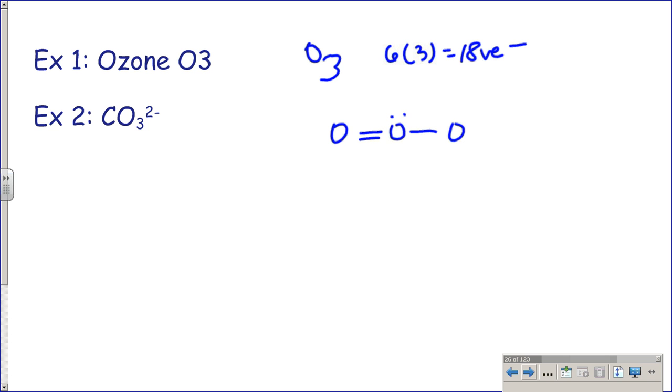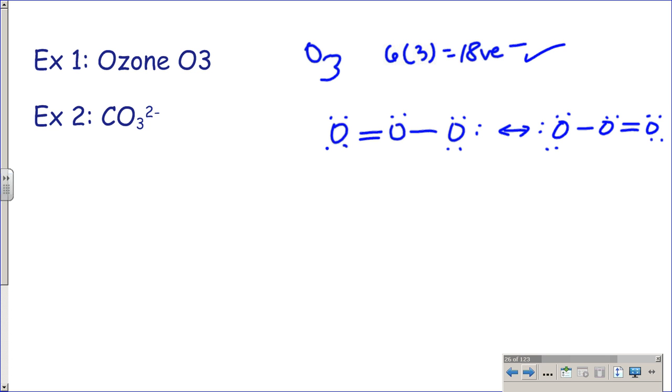Let's fulfill this oxygen in the middle so it has an octet. Octet, octet, octet. So how many have I used? 2, 4, 6, 8, 10, 12, 14, 16, 18. Got it? Okay, so 18. Now I just preferred to put the double bond on the left-hand side. I could have equally drawn it on the right side,